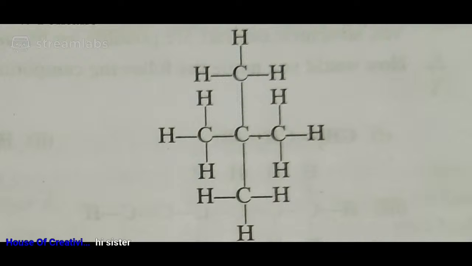Now, put 3 carbons in a line. Put 3 carbons in one line, and the center carbon shares bonds with 2 other carbon atoms, so that it can form a plus symbol. Now just have a look at the carbon. It looks like a plus. And this arrangement is known as neopentane or